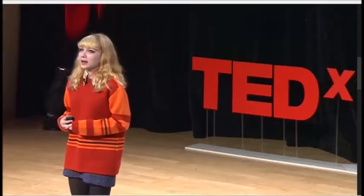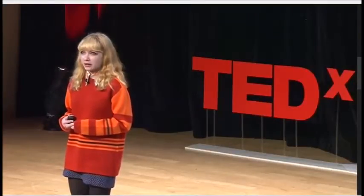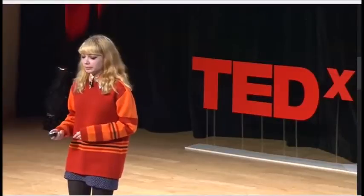So the flaws are the key. I'm not the first person to say this. What makes a strong female character is a character who has weaknesses, who has flaws, who is maybe not immediately likable, but eventually relatable. I don't like to acknowledge a problem without also acknowledging those who work to fix it,